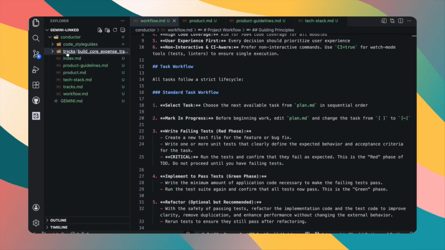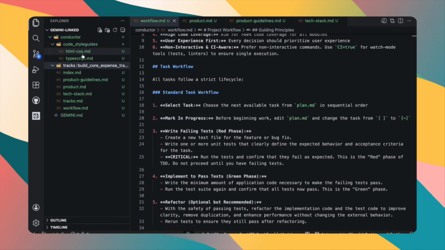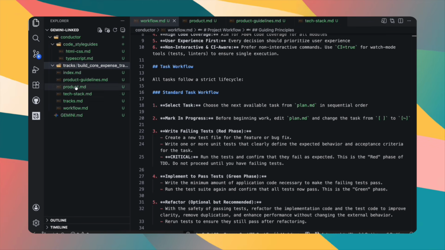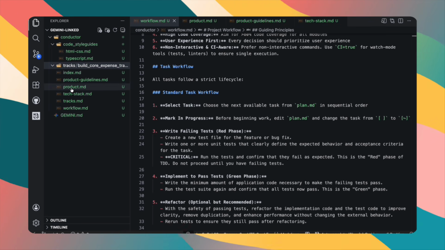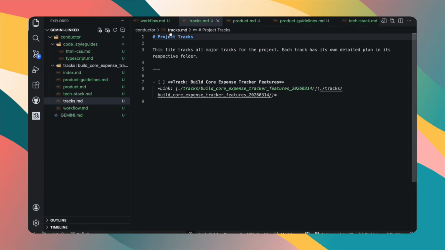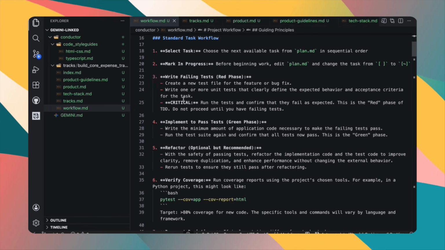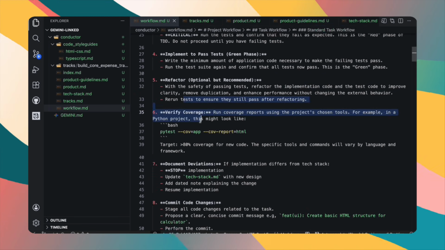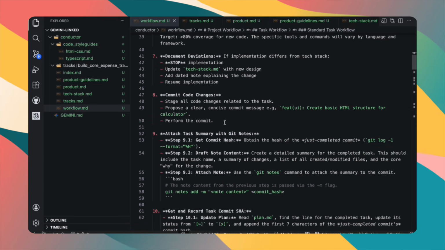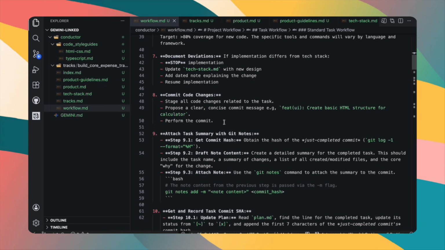These files are version controlled alongside your actual code, so if someone else clones your repo and runs Gemini CLI with Conductor, they get the exact same context you set up. That's a genuinely useful thing for teamwork because it means the AI produces consistent output no matter who's running the commands. One thing worth knowing, Conductor is smart about whether you're starting a new project or working on something that